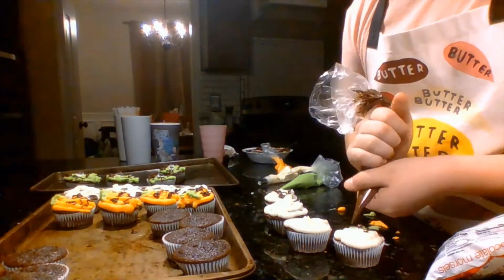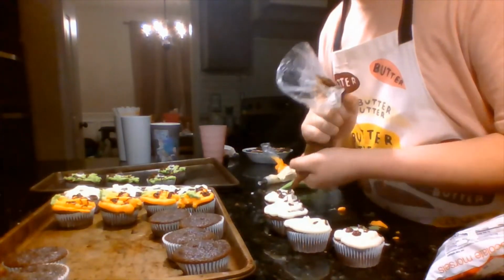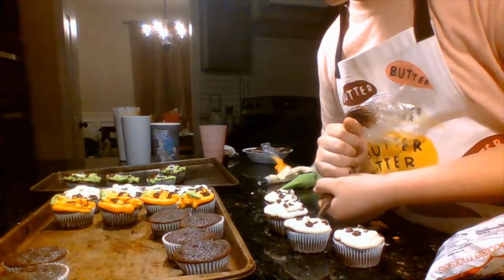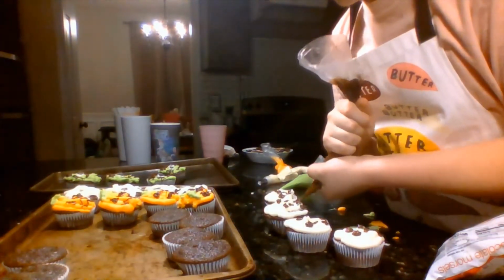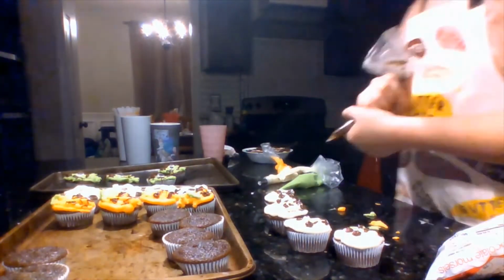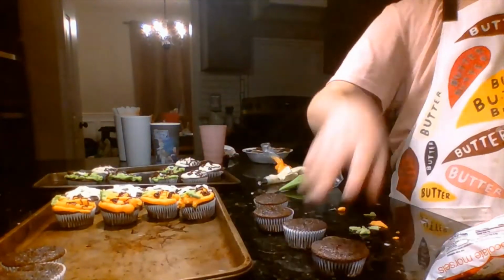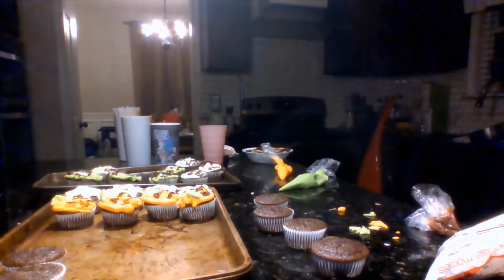The next thing that we're making is the spider. When you're making your spider, what you want to go ahead and do is use some melted chocolate from your piping bag and draw little V shapes with it onto parchment paper. It depends on how many spiders you're planning on making, that affects how many legs you're going to be making. Now transfer that to the freezer